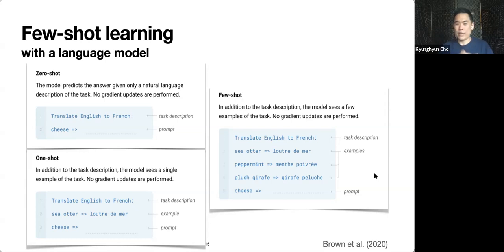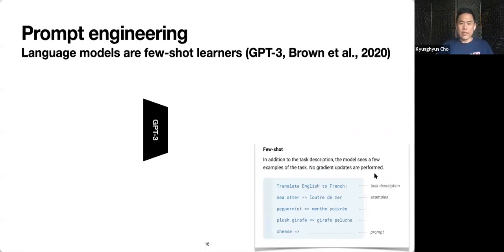Now you can guess what the few-shot case is going to be. You're going to have multiple examples like that. This is really, really awesome, I gotta say. Let's try to map this to what we've looked at in terms of few-shot learning now. And then we often refer to this whole procedure as prompt engineering.